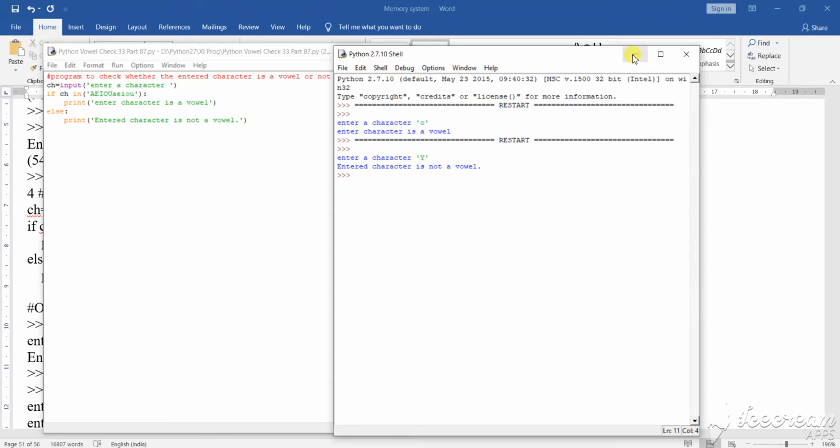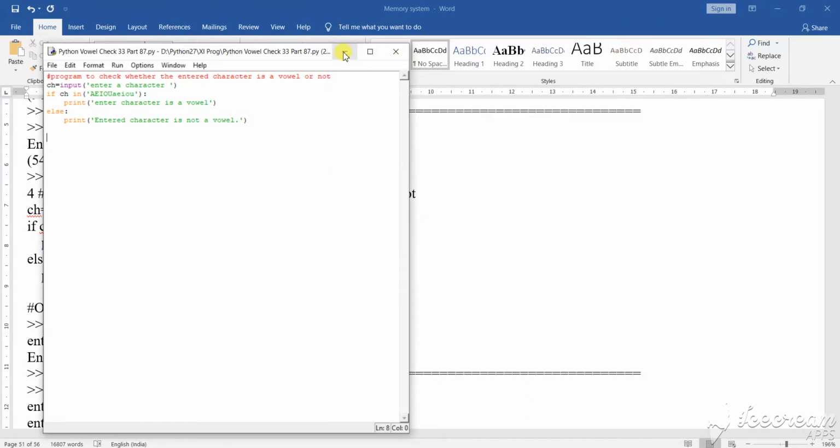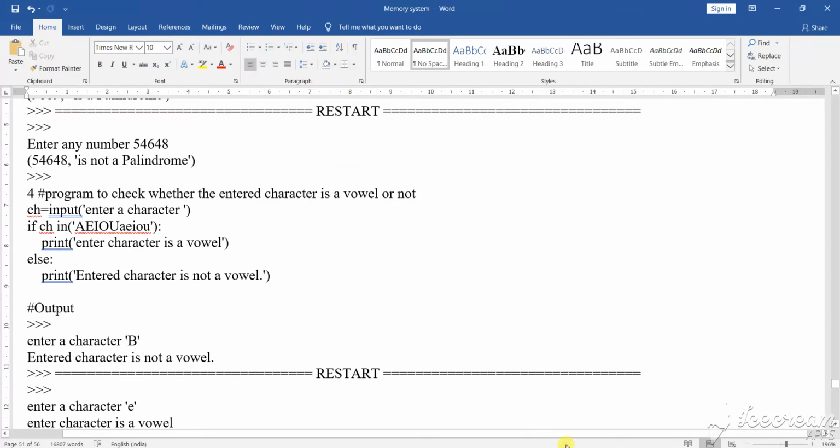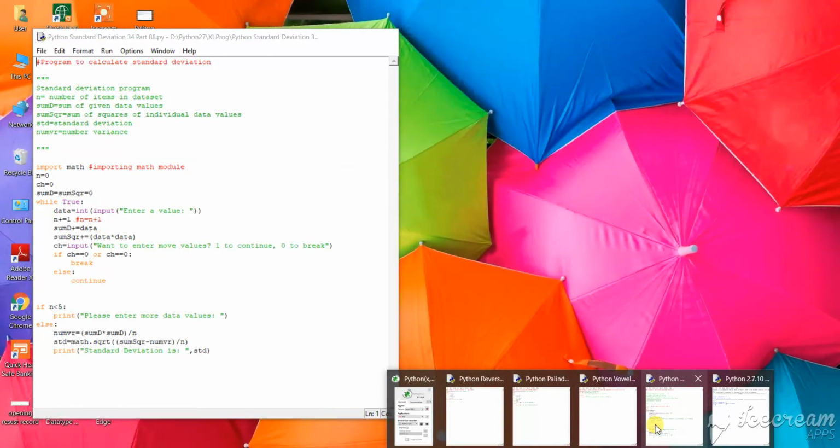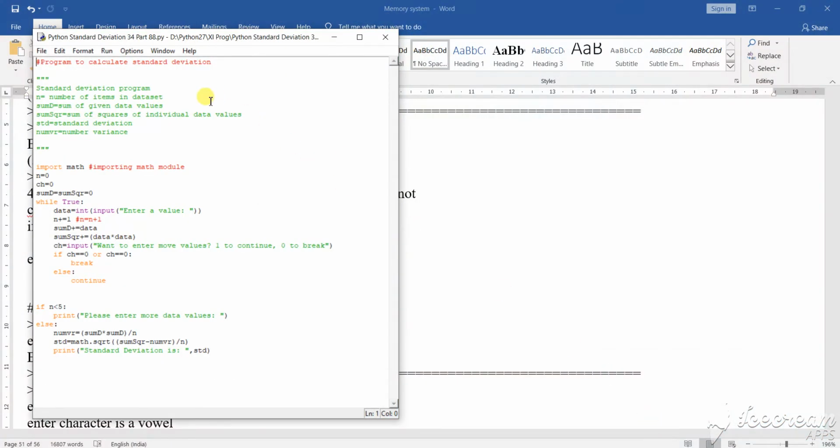Okay, now let us come to the next program. So, what is the next program? This is the program where I want to discuss standard deviations. Okay, what is the standard deviation that you need to know? So, in the standard deviation program,